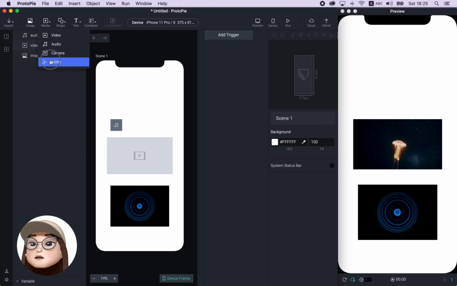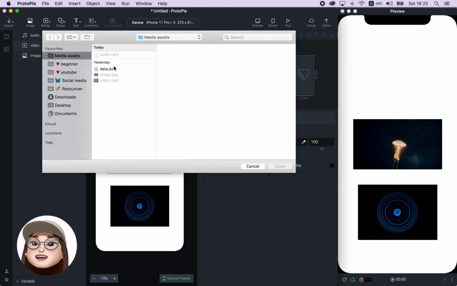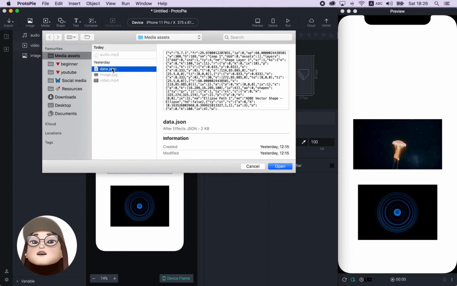And lastly, the most exciting part, Lottie, yay! For those who don't know what Lottie is, I attached the documentation link in the description, so you can check it out if you're curious. As some of you may know, Lottie gives you a JSON file like this, and when you open it,